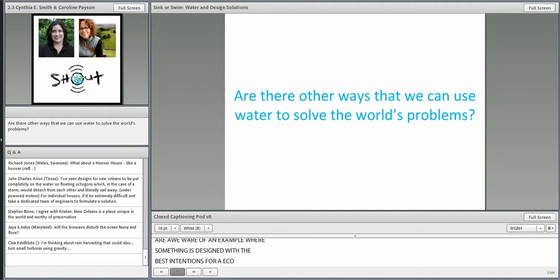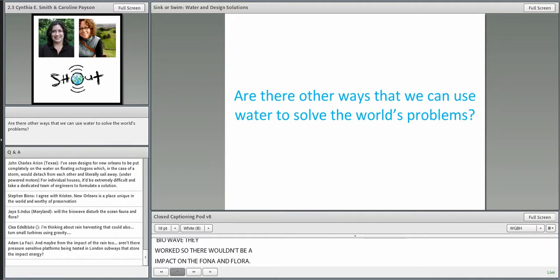Well, I know with the BioWave, the designers worked diligently in their designs to ensure that it didn't have an impact on the fauna and flora. That was part of their design approach to begin with, so they were very aware of that. Again, that's also a concept, a prototype. It has not been actually executed yet, but I understand there are plans to build it off of the coast